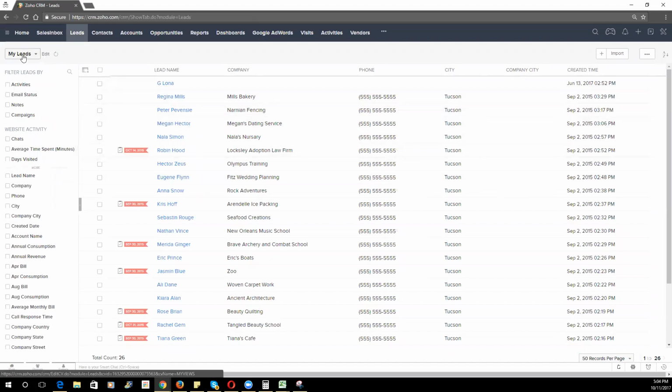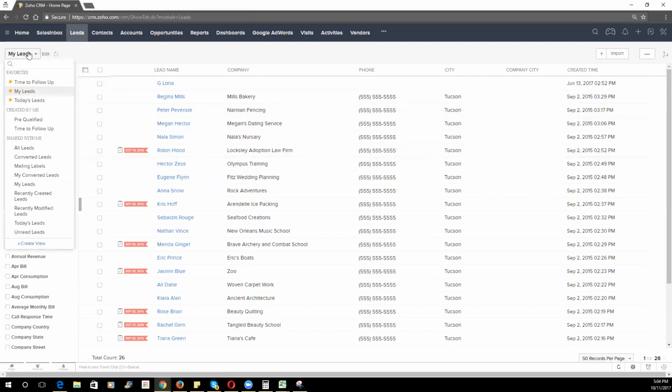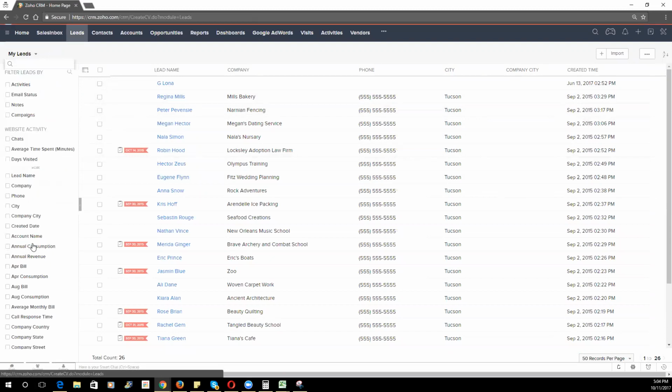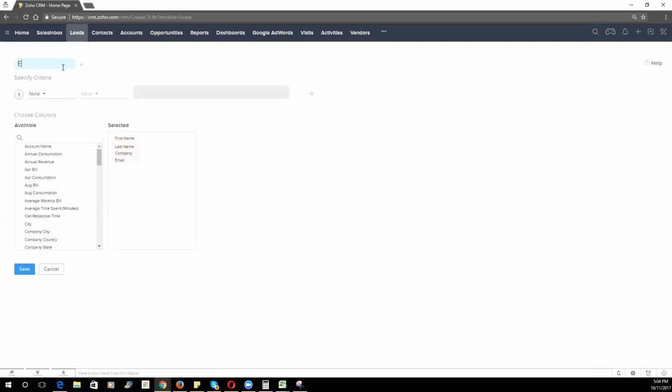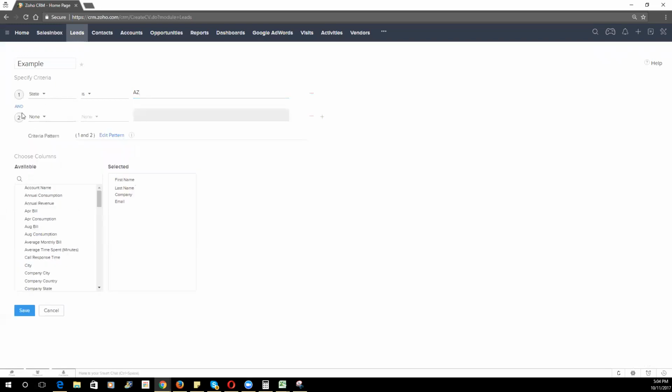If I want to add criteria or create a new view, I'm going to go over here, create a new view. And maybe I want to see all records that are in Arizona. So I can put in a criteria here that the state is AZ, for instance. You can layer in multiple criteria here,